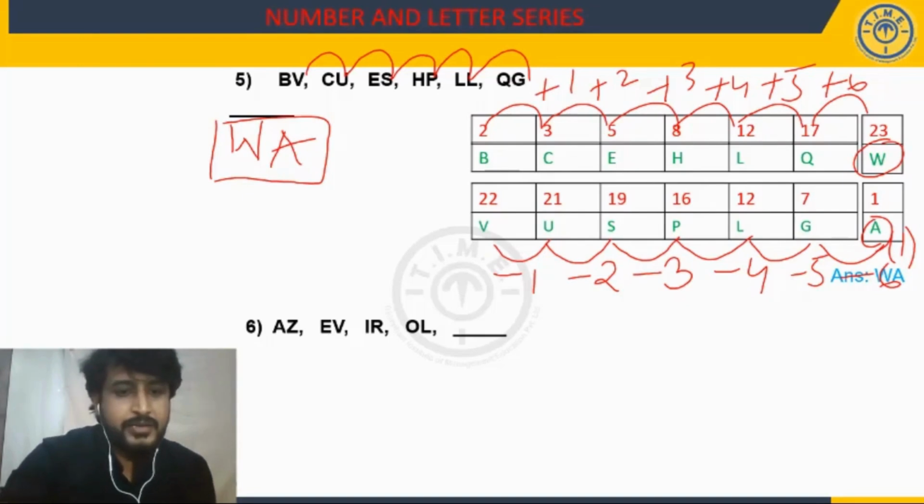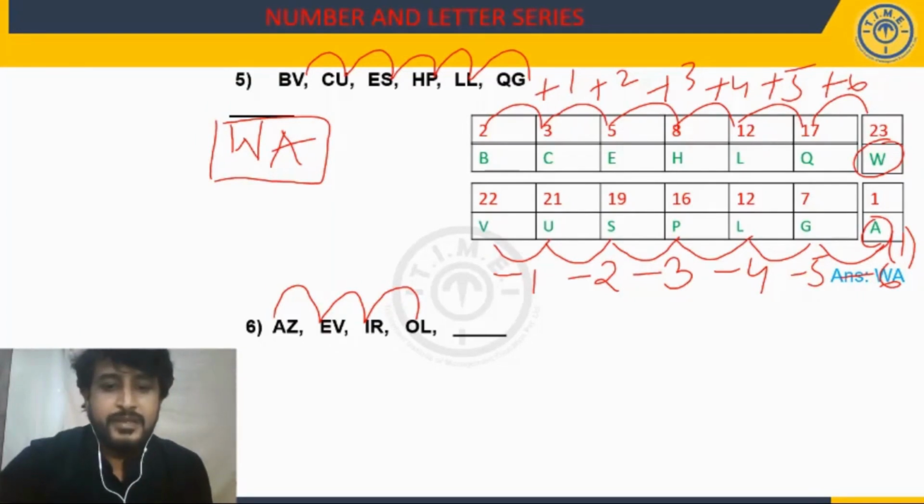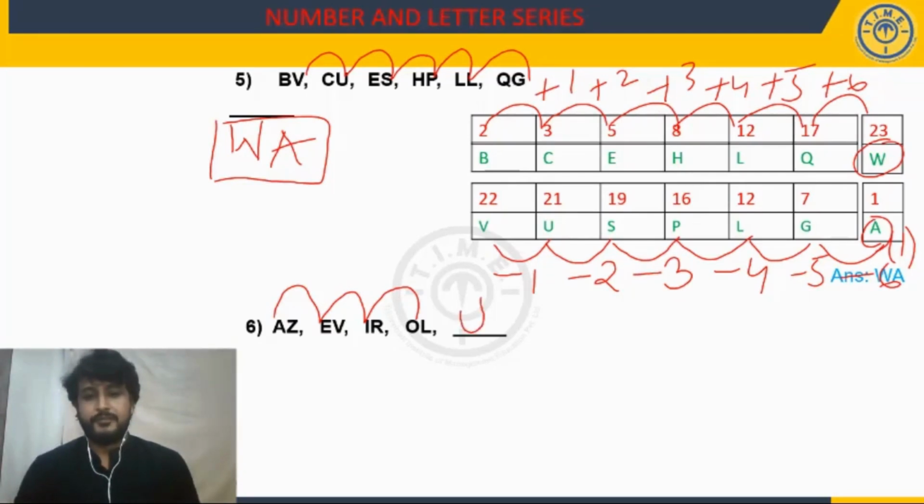Again, identify the logic in the first set of letters. A, E, I, O. Can you recognize what these are? Vowels. Next to O, A, E, I, O, U. U is the vowel. Now, if you observe the second set of letters,